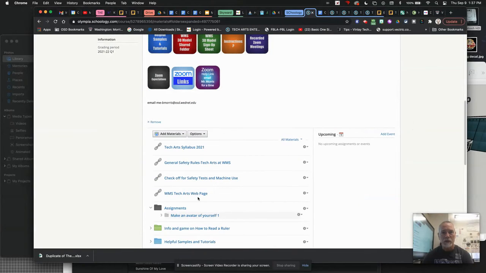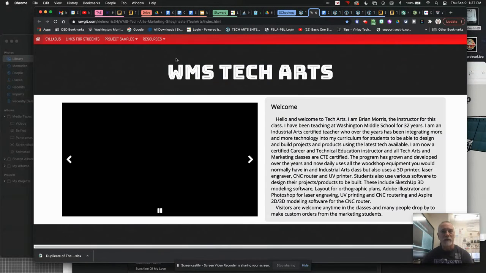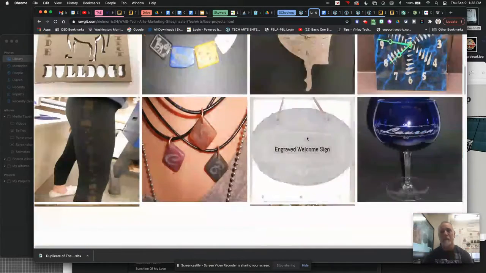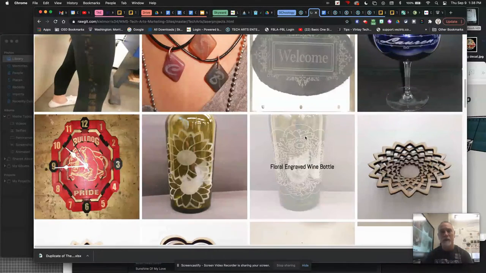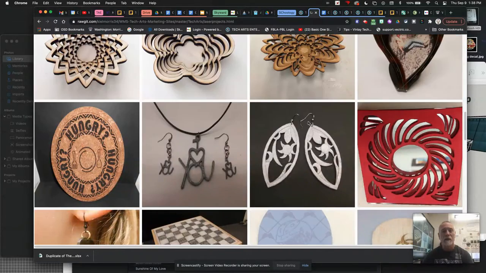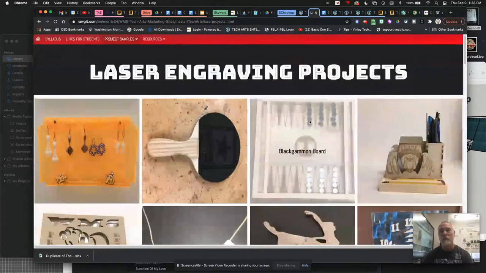If you go to the web page here and check that out, you can see a bunch of project samples up here for different types of tech that we have. So if we go to, typically, laser engraver, you can see what people have done in the past, type of projects. It's going to get some ideas flowing. Parents, you can check that out too. So if you see something you like, you might let your student know that that's something that they could do for you.